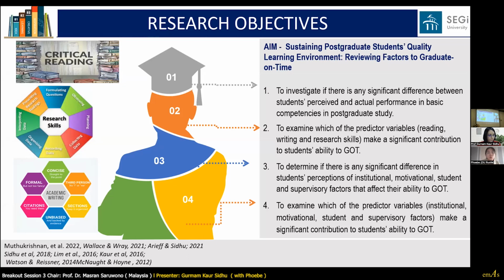Secondly, to determine which predictor variables significantly affect their ability to graduate on time. And thirdly, to identify significant differences in students' perceptions of institutional, motivational, student, and supervisory factors. Finally, to determine which predictor variables significantly influence learners' capacity to graduate on time.